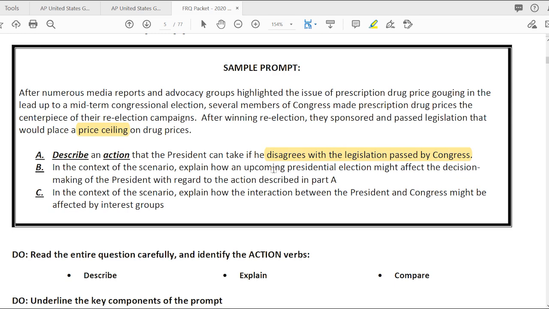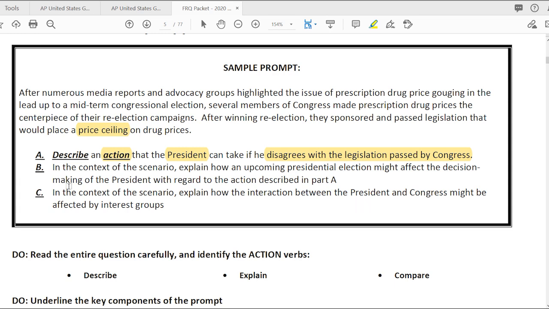Now, I am modeling what I expect you to do when looking at these questions for the first time, which is highlighting, or you won't have a highlighter, but underlining or circling what is being asked. So we're describing an action that the president can take if he disagrees with the legislation. Now, obviously,